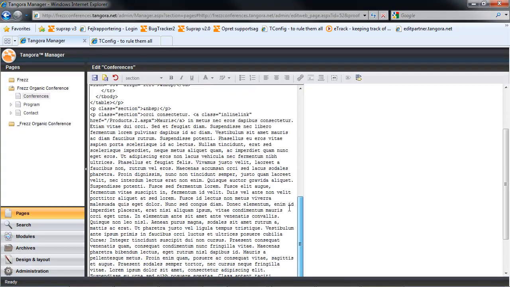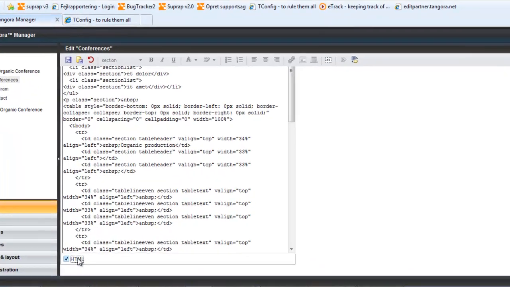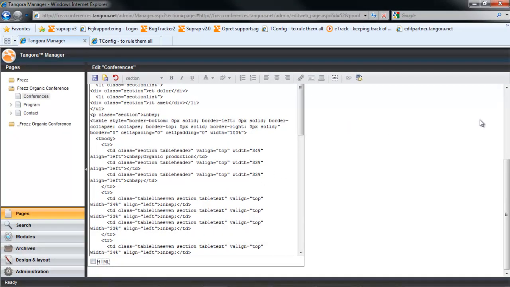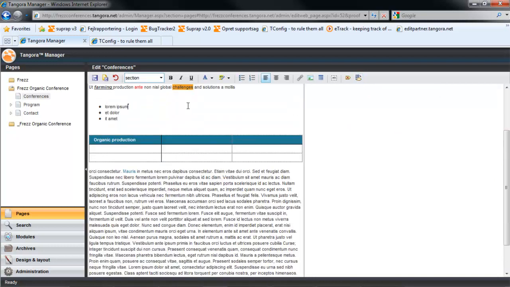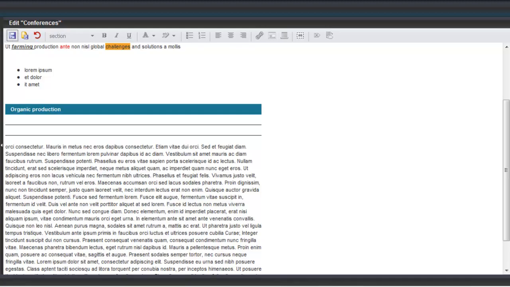And so then we can see what Tangora does for us in the background. It generates all this HTML, and if I wanted to, I could just check the HTML checkbox down here if I wanted to display the HTML version whenever I came in to edit a section. Luckily, in most cases, we could just let Tangora do its work in the background. I do also have a button here called Remove Codes, so if, for example, I wanted to just remove a link without wrestling with the HTML, then I could just select my link and remove codes, and then it's gone.